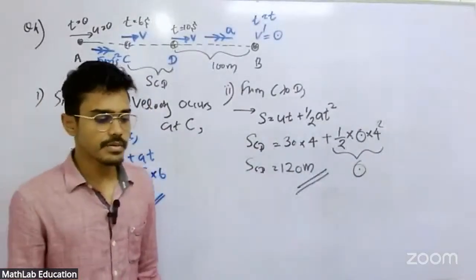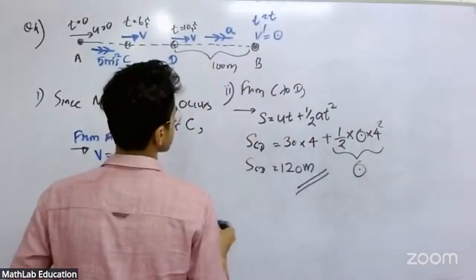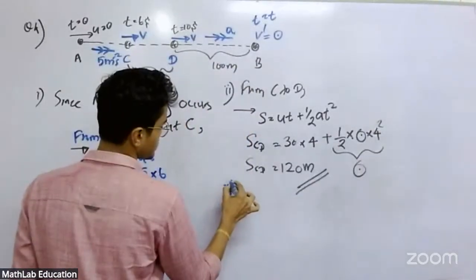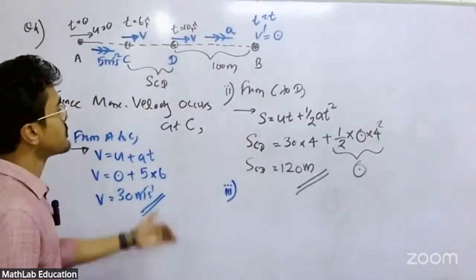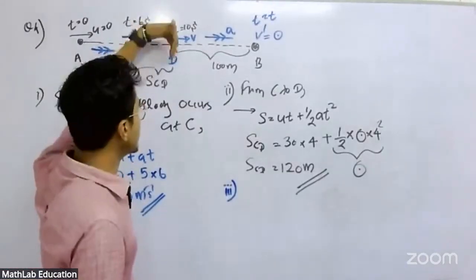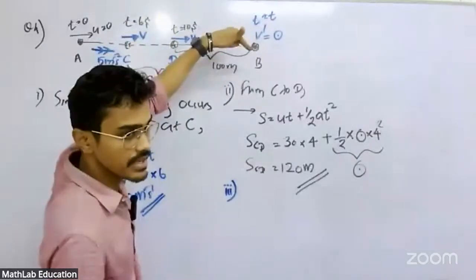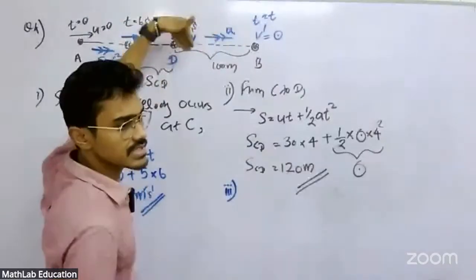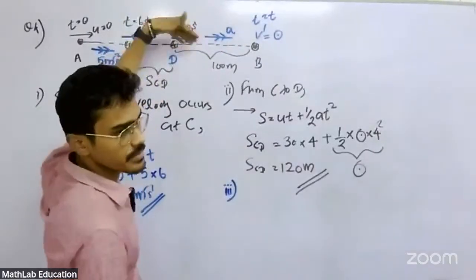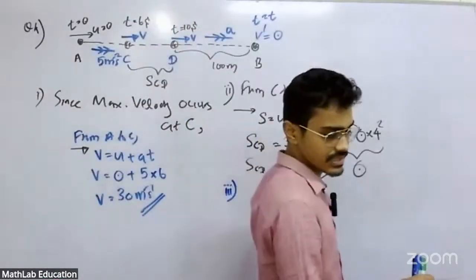Part 3: Find the deceleration of the bus. If brakes are applied at D, and the bus stops at D, from D to D, in this section, the bus has a deceleration. Right? Now, even though we know that it is a deceleration,